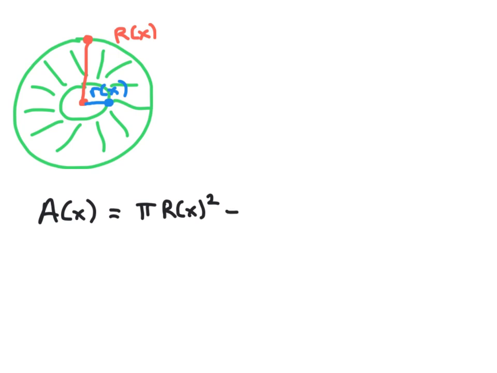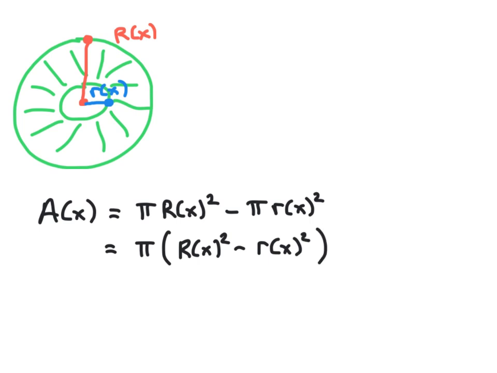And we can adjust by subtracting the area of the missing circle to get the area of just the washer. And so we could subtract pi times the inner radius squared from pi times the outer radius squared. And we can simplify this a little bit just by factoring out a pi. And so the area of our washer is simply going to be pi times the quantity outer radius squared minus